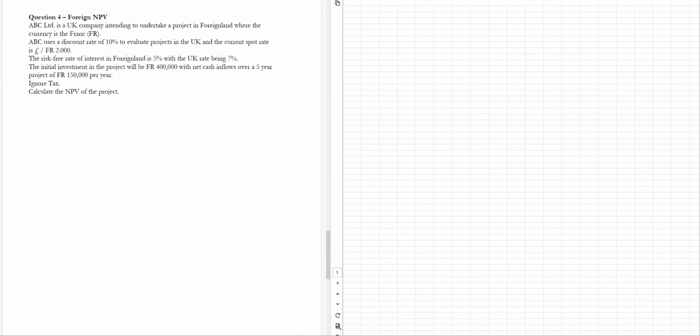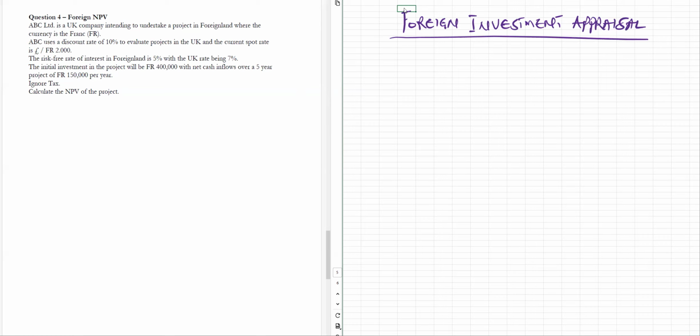So in this session, we are going to look at foreign investment appraisal. Now, when it comes to foreign investment appraisal, there are actually very difficult techniques in there, but at your ICA